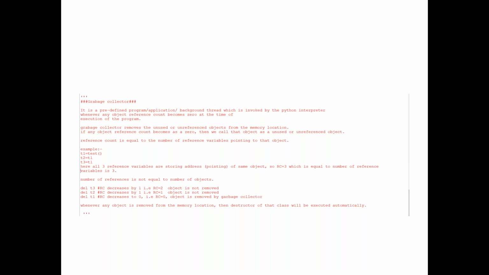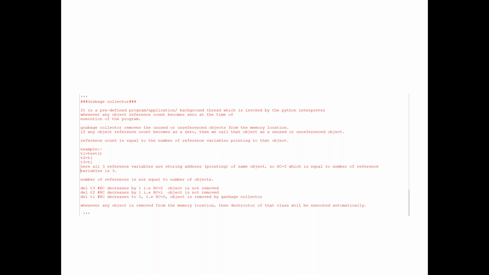The garbage collector removes the unused or unreferred objects from the memory location. Whenever in your program some values or variables have rc 0, then why hold those values or variables or attributes? Just remove them. So this garbage collector will do that in the backend.